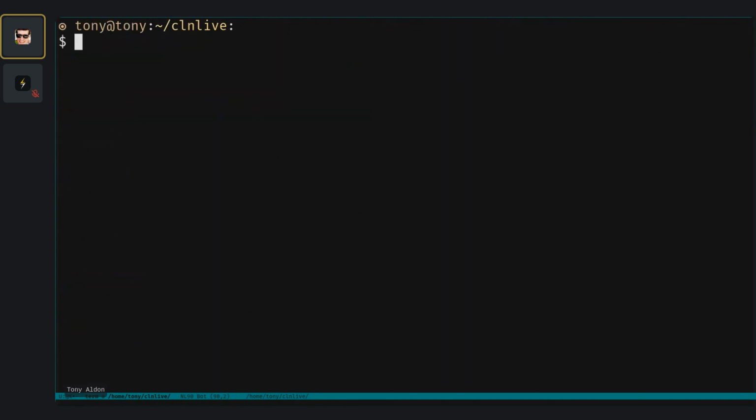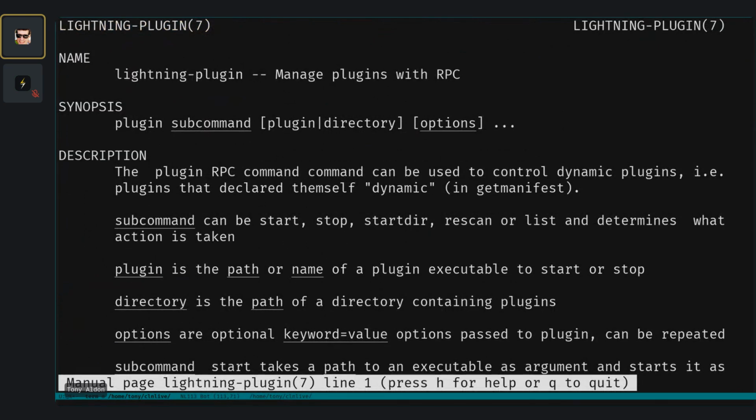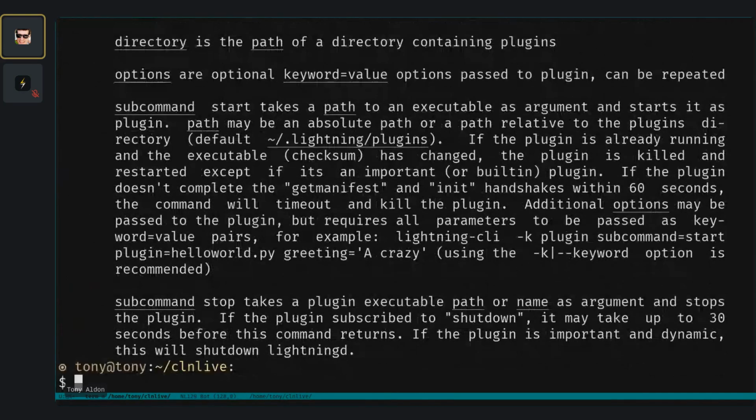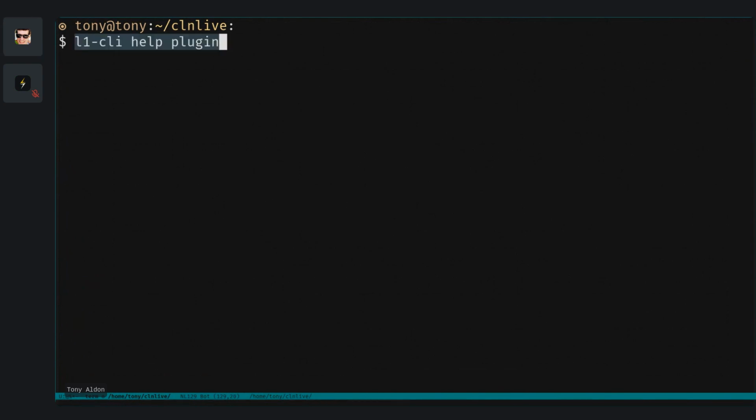Now we are talking today about dynamic plugins that can be started when the node is running. We have a command that we can use to start, stop, and list a plugin. So I'll just show the help. Here we have all the details that we might need. And now we can list the plugins,